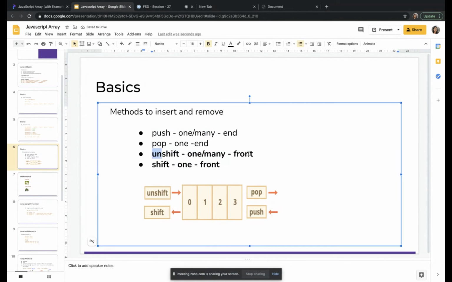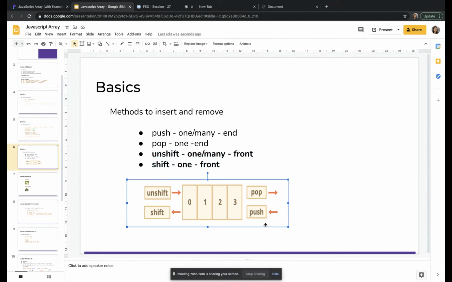To insert and then to remove from the front, unshift and shift are the functions we are going to use to insert and remove an element from the front. If I want to insert and remove an element from the end of the array, we are going to use pop and push.